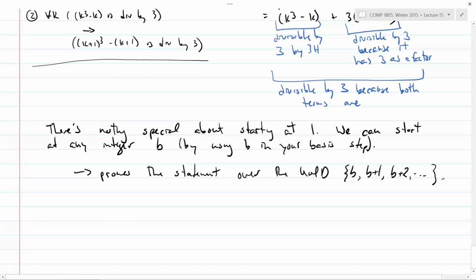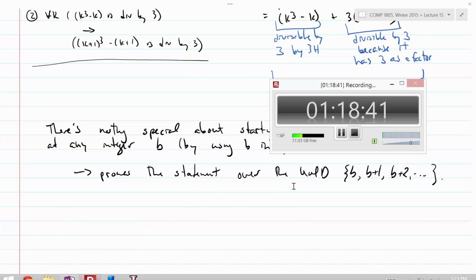Next time we'll see a bunch more examples of proof by induction. What is special about